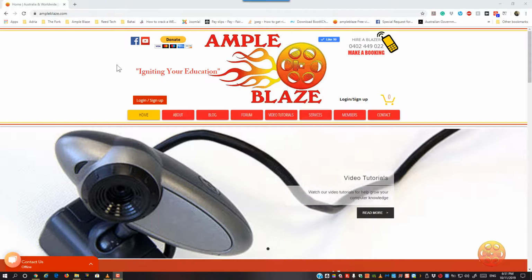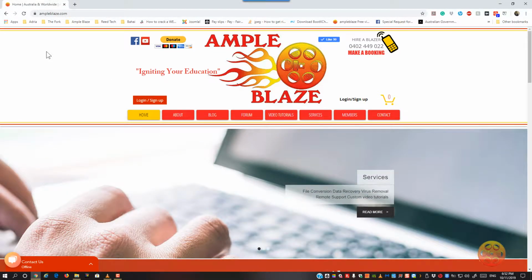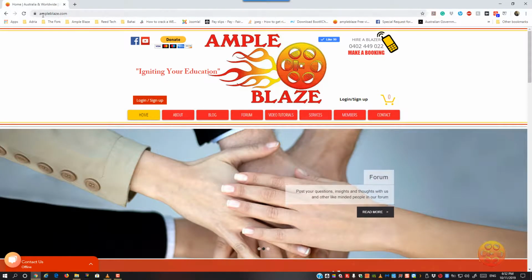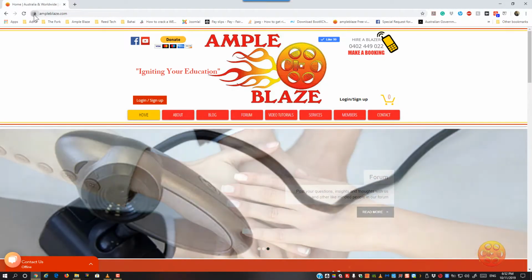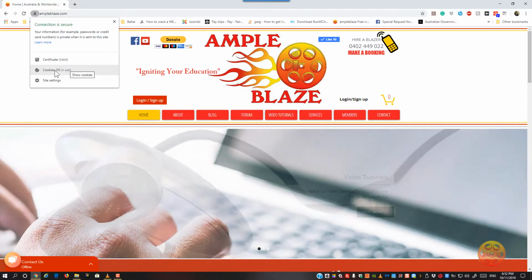So all we need to do for a page that does not load correctly, and this is the example, is we go to the website. So for example, we're on AmpleBlaze.com, we go to the padlock at the top left hand corner, we click it, we get a sub menu here, we go on to cookies,